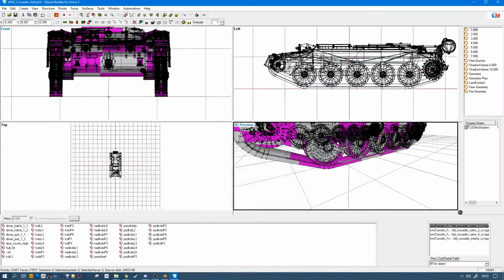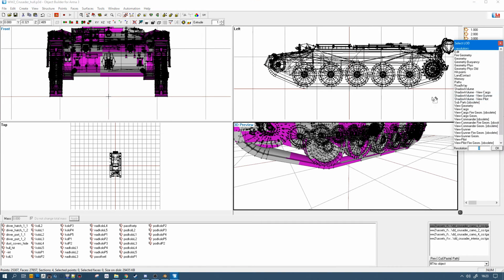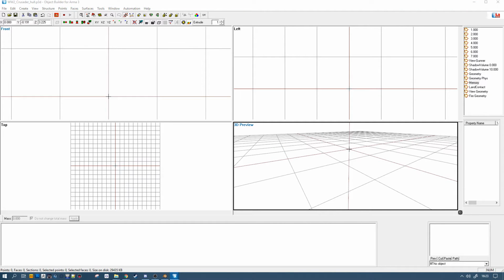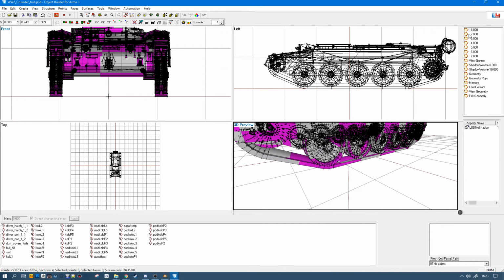Okay, now a bit more annoying next step, and I will use a similar process, is to create the memory load. The memory load is going to be a bit more annoying because you have many memory points per wheel.